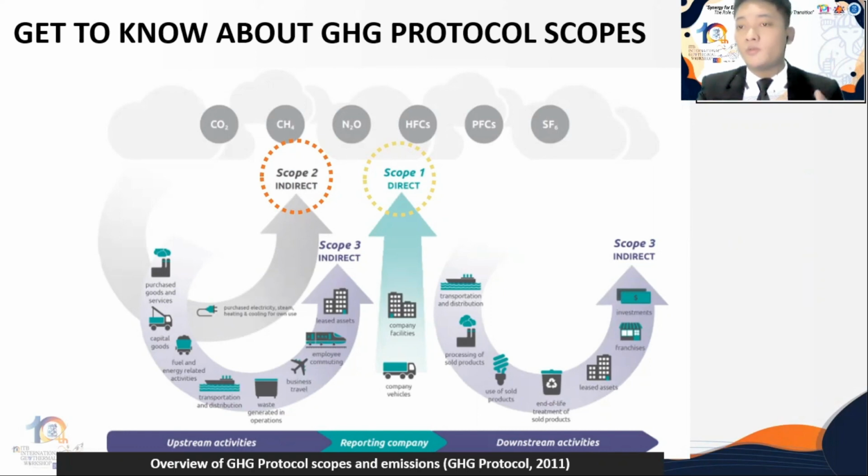Scope 1 GHG emissions are the direct emissions from sources that are owned or controlled by the company, which includes on-site fossil fuel combustion and fleet fuel consumption. Scope 2 are indirect emissions from sources that are owned or controlled by the company, which includes emissions that result from the generation of electricity, heat or steam purchased by the agency from a utility provider. And Scope 3 are from sources that are not owned or directly controlled by the company but are related to the company.